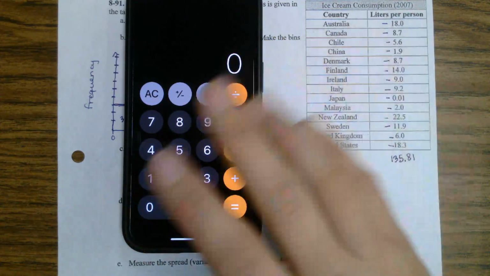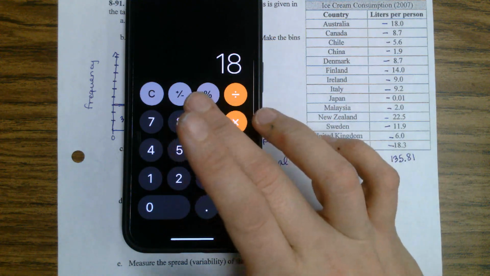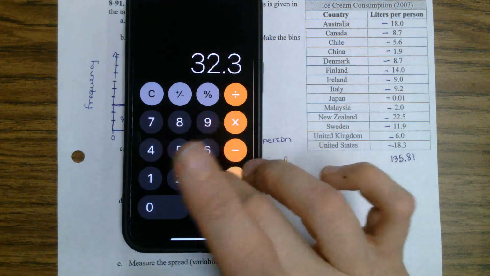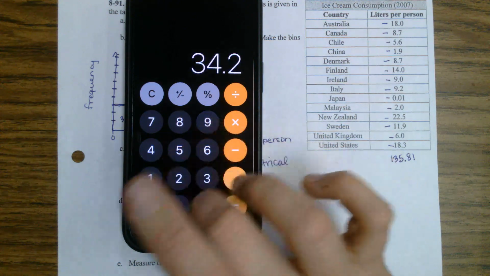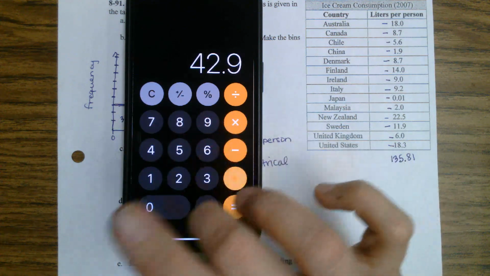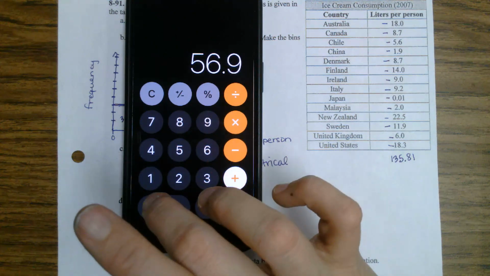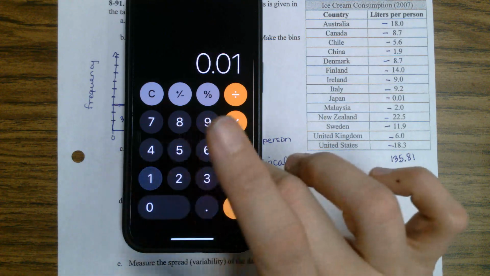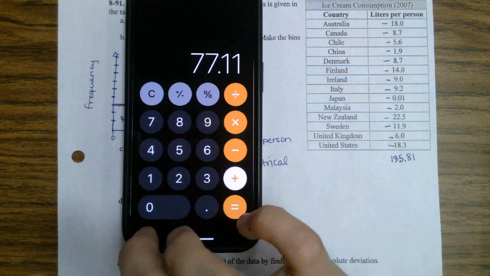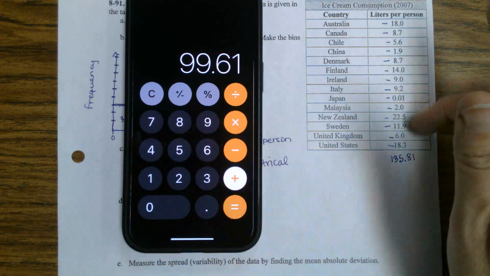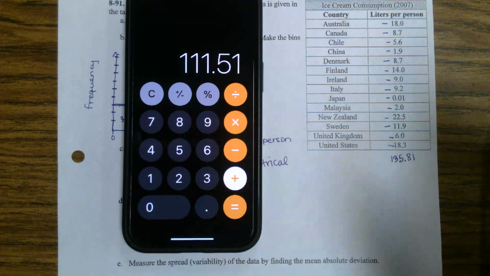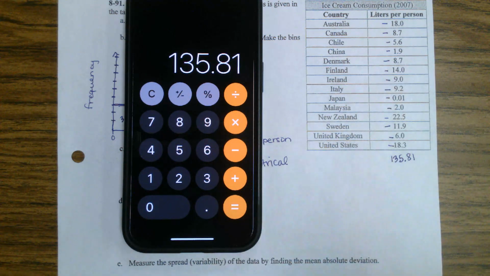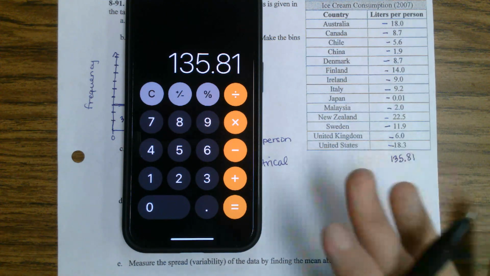Obviously, the first time I messed up. So I do this again. I have 18 plus 8 and 7/10 plus 5 and 6/10 plus 1 and 9/10 plus 8 and 7/10 plus 14 plus 9 plus 9 and 2/10 plus 1/100th plus 2 plus 22 and a half plus 11 and 9/10 plus 6 plus 18 and 3/10. I get 135 and 81/100ths. Okay, so now that I have the right number,